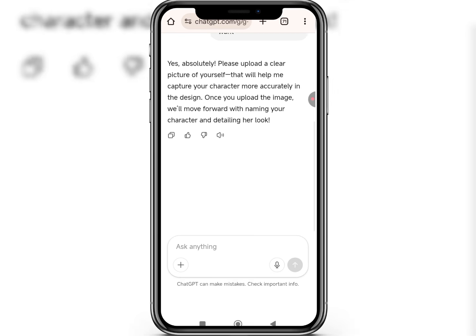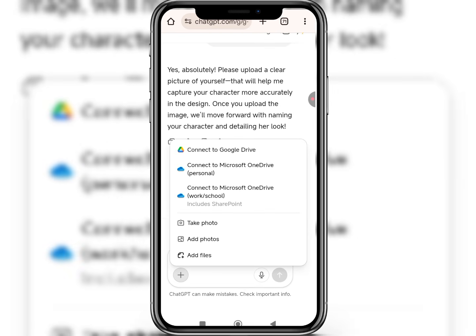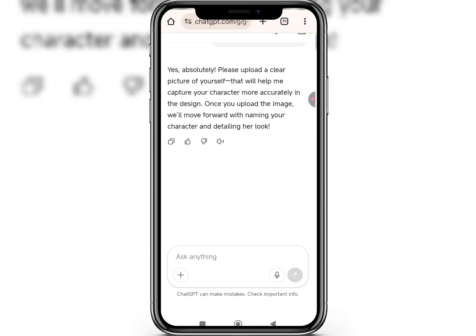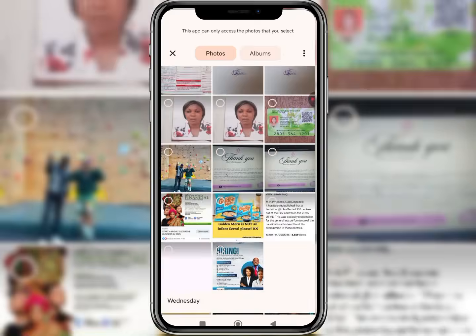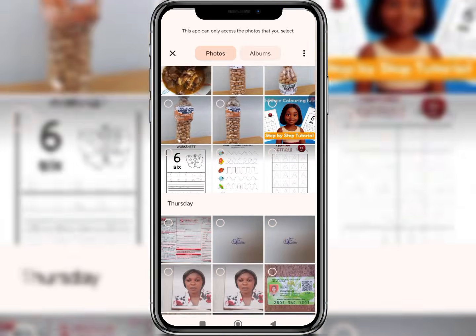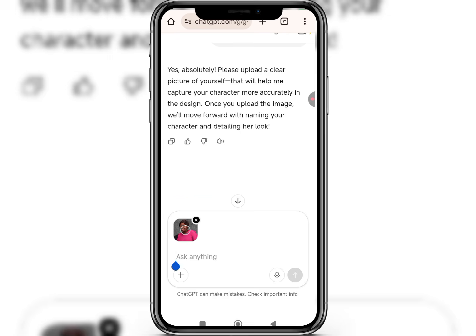So now the next thing I want to do is I'm going to upload a picture of me. Okay, a very simple picture of me. Let's go to my device. Okay, let's say this. Okay, so I'm going to use this and then I'm going to tell it